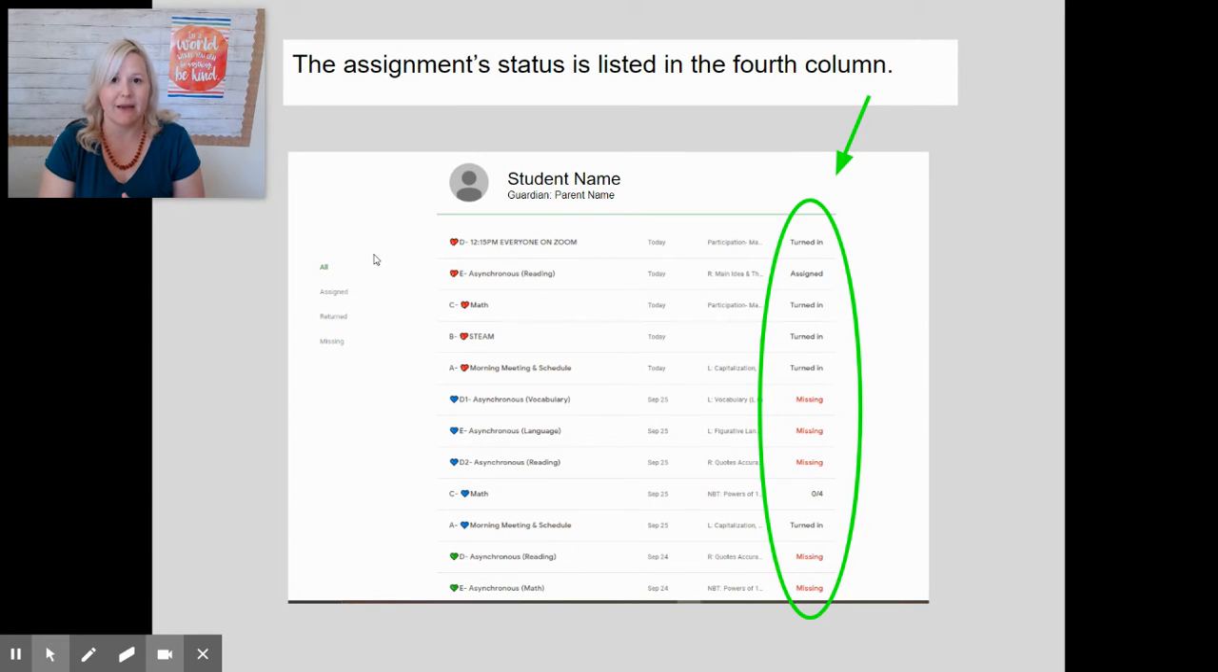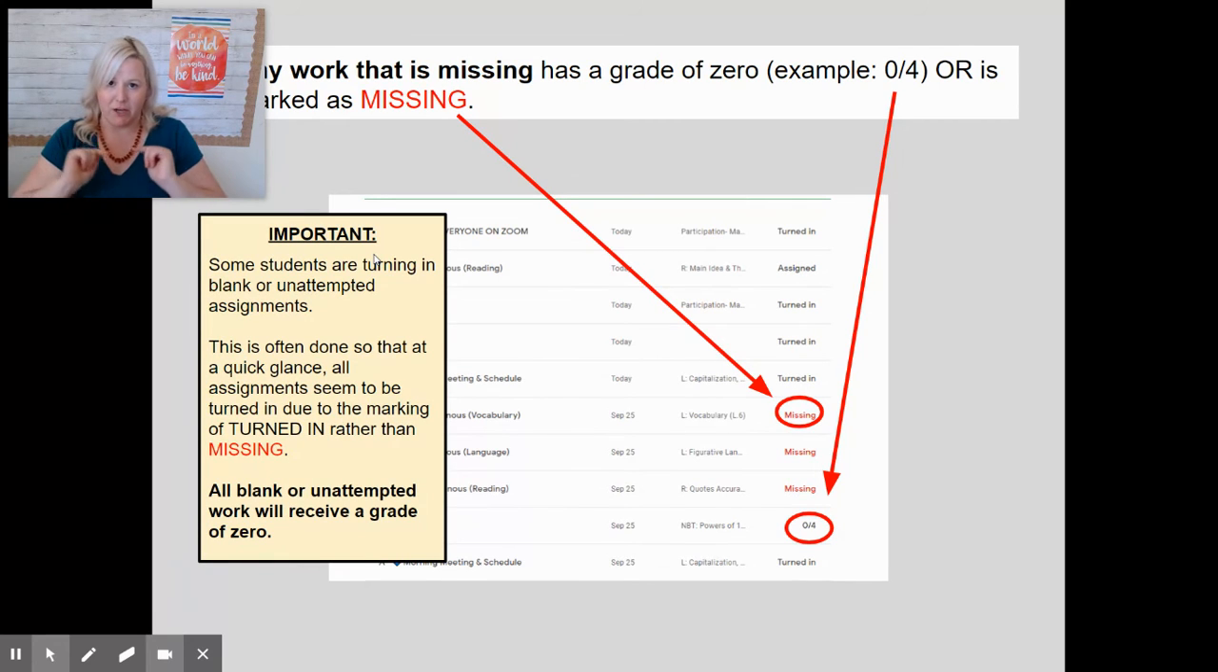If it's missing, that means that it was assigned earlier this week and your student did not turn it in. And then the other thing you may see is the grade. So for example, she's got it on there for 0 out of 4. This is why you might see a 0. So if your student has work that has a grade of 0 or marked as missing, that's where we need